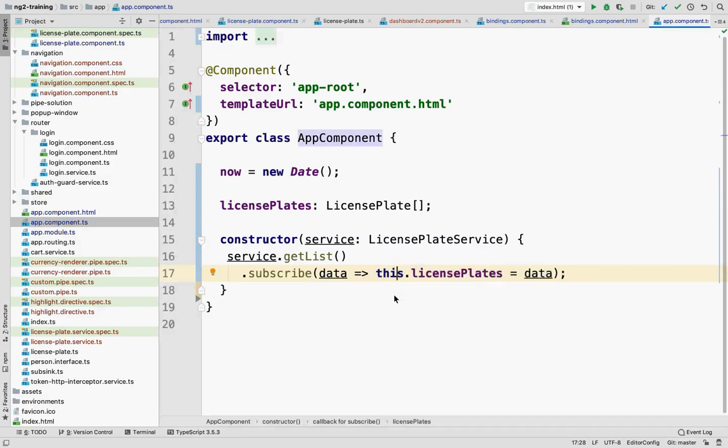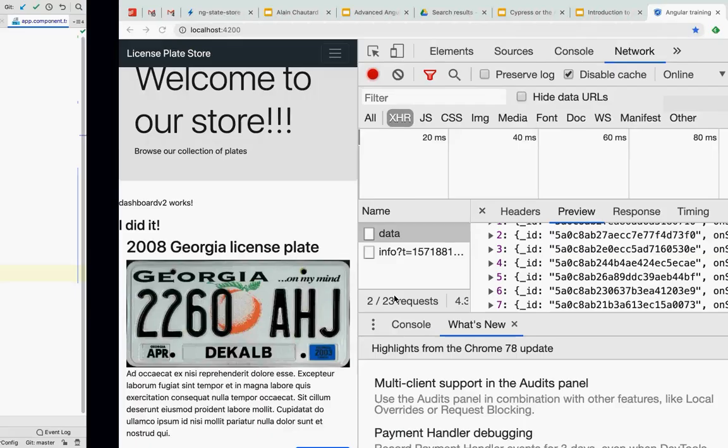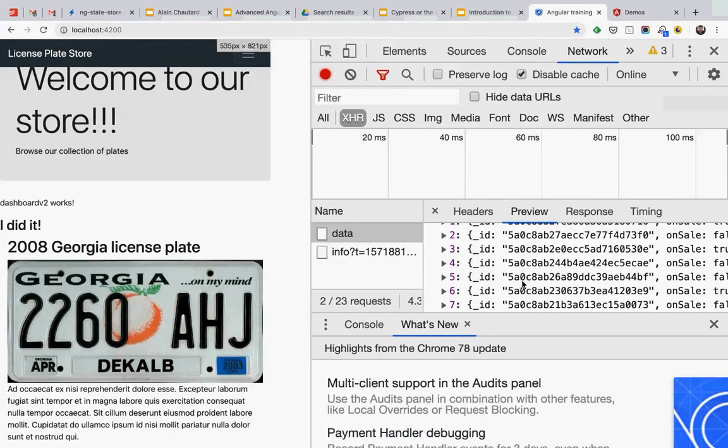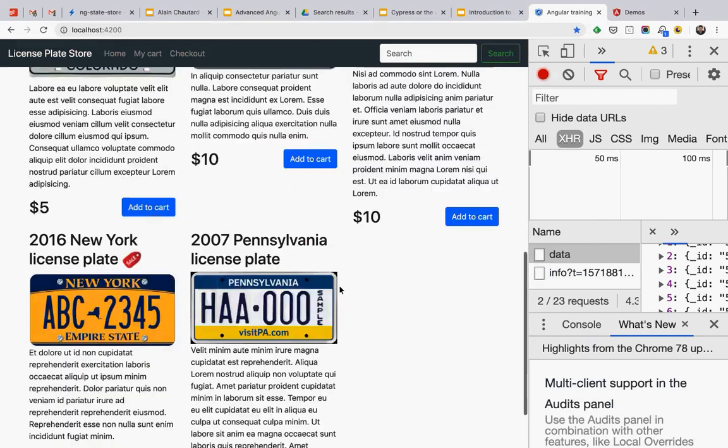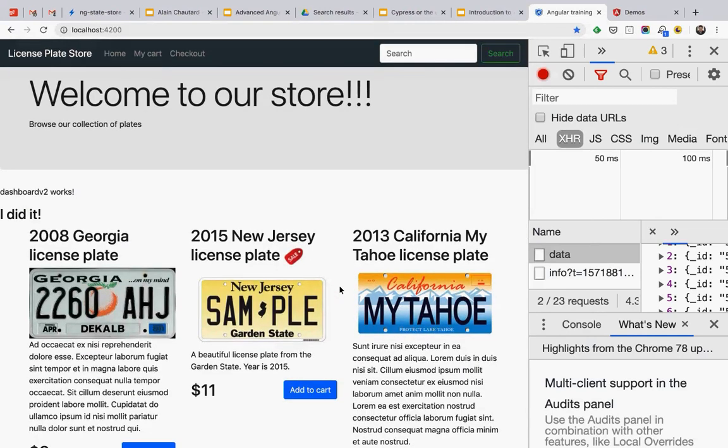So that's Angular. And that's how we can make, well, I made a store here with a few things on it with very little code. And if I deploy it to production, it's less than 1 megabyte. So that's pretty good.